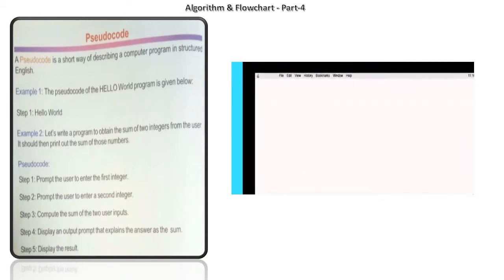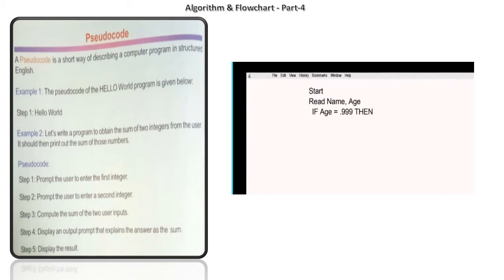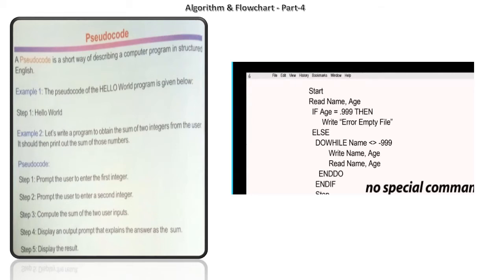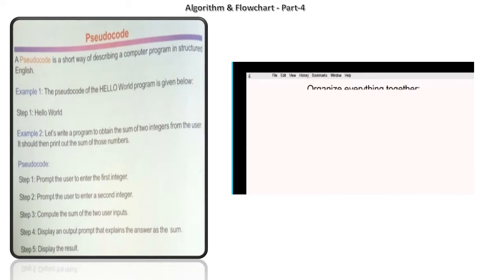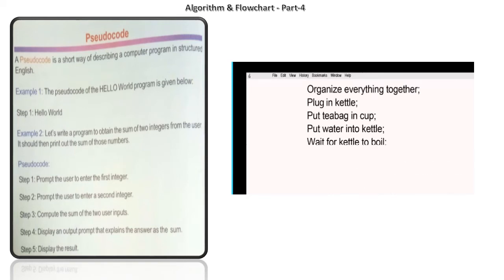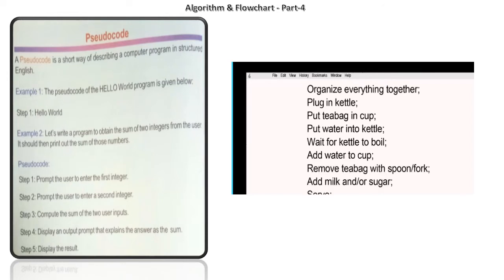Here computer displays the prompt that explains the answer. Step 5. Display the result. Here it will show the result on the screen. Understood?